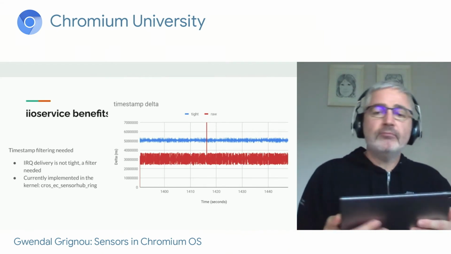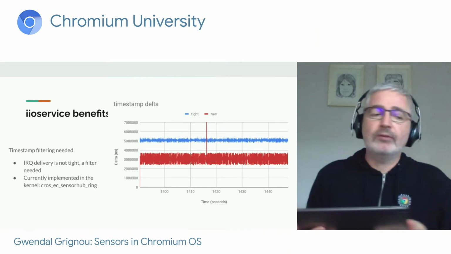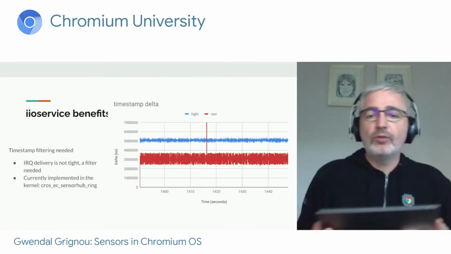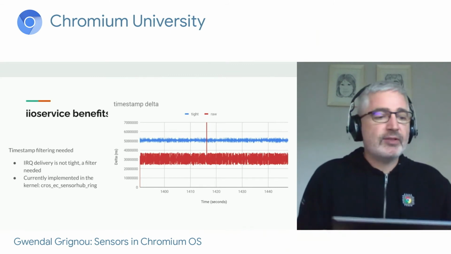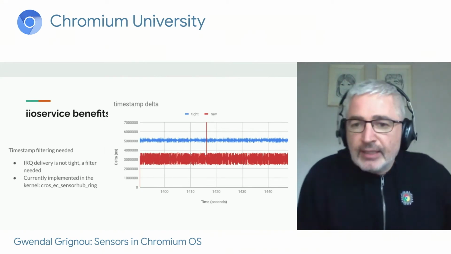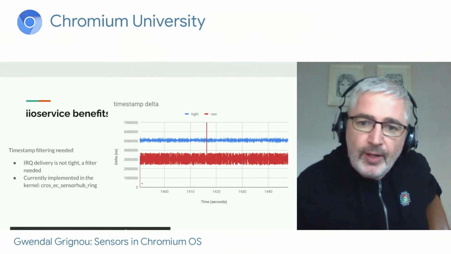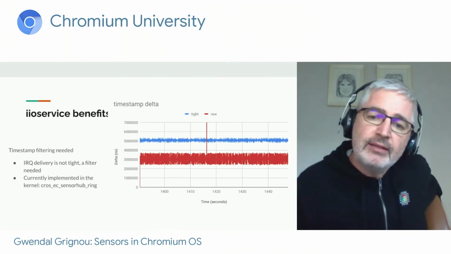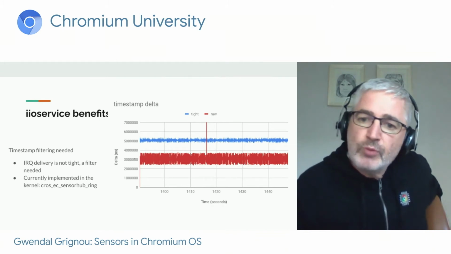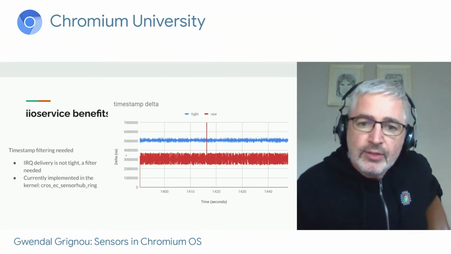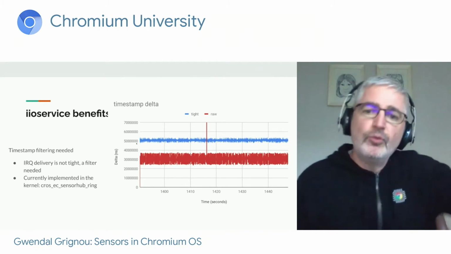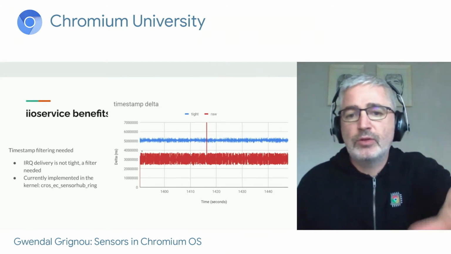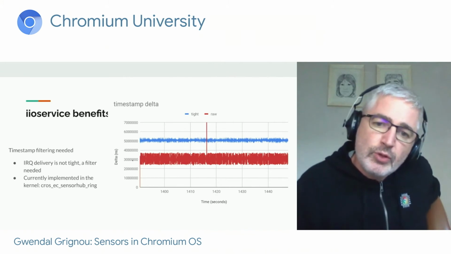And even with the hardwire IRQ between the EC and the AP, there is some noise. So I took a sample on a machine with a hard IRQ, and even there, you could see the red line. You could see quite a lot of noise. The sensor is working at 200 Hz, so I moved the red line by 2 milliseconds just for visibility. So you see that there is some noise.